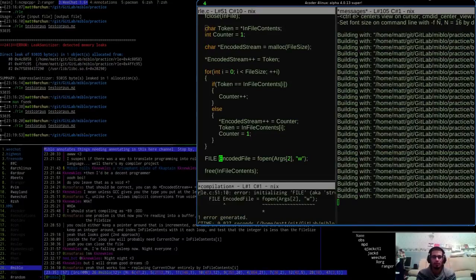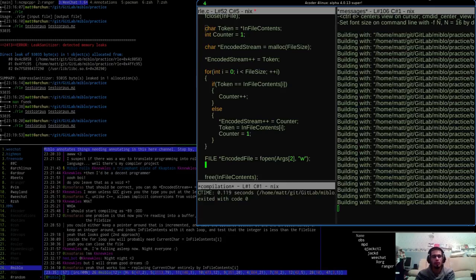Oh man, there's my bug. File encoded file. Then let's try fwrite, buffer as the encoder stream. Beyond struct size. Oh, right, yeah, that's interesting.